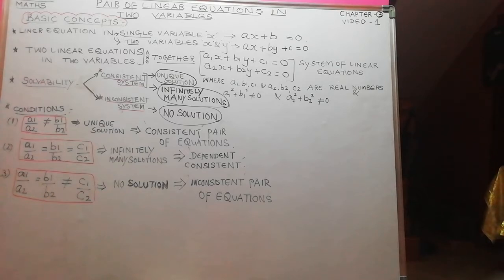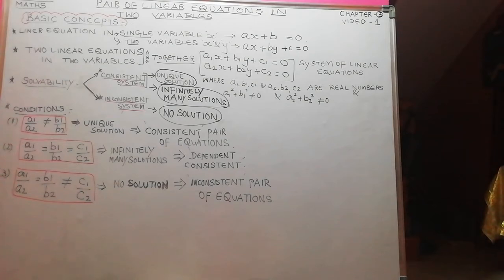See, ax plus by plus c equal to 0. There is a pair of equations, two linear equations, a set of linear equations in two variables x and y. So, their general form will be like this: a1x plus b1y plus c1 equal to 0, and a2x plus b2y plus c2 equal to 0, where a1 and a2 are the coefficients of x, b1 and b2 are the coefficients of y, and c1 and c2 are the constants,